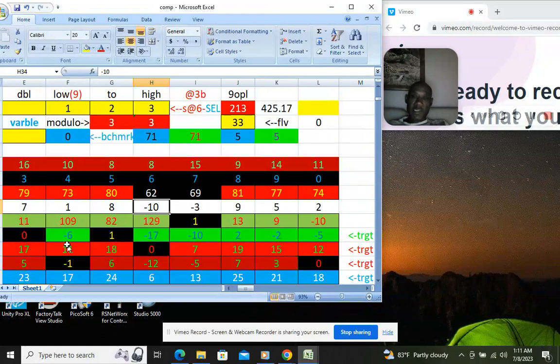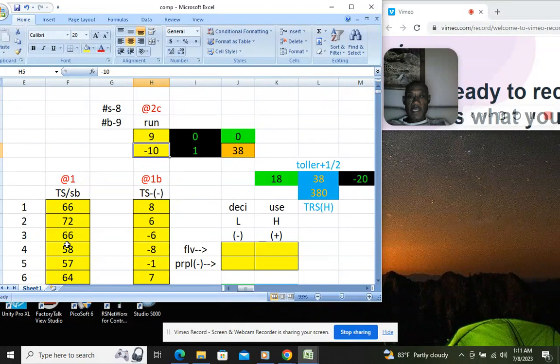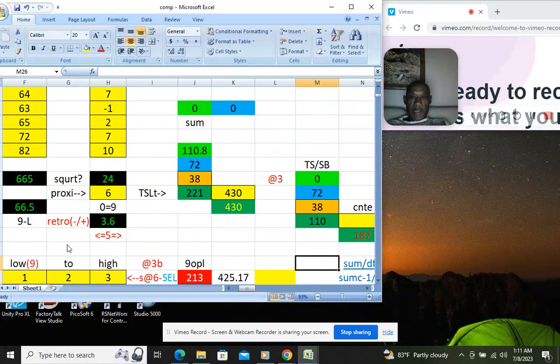So we take the minus 10, go up here, the very top, put a minus 10 there, and the 9 there. Just input. When it's yellow, that means I need to input it. So minus 10, and I just enter there 9. That's it, we're done with that. I come out here to